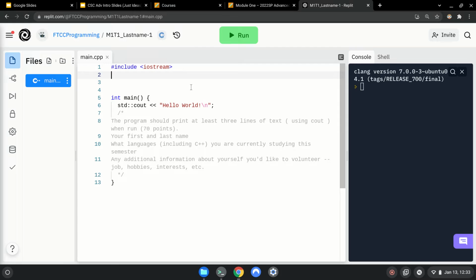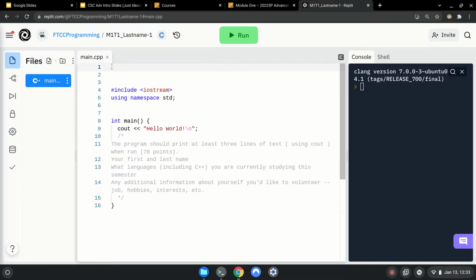You'll just always want to do this using namespace std. This means you don't need to put std:: in front of every single cout, because that will get old really quick. Of course, you're also going to put the standard header, which I shouldn't have to tell you too much about, but as a reminder, class name,